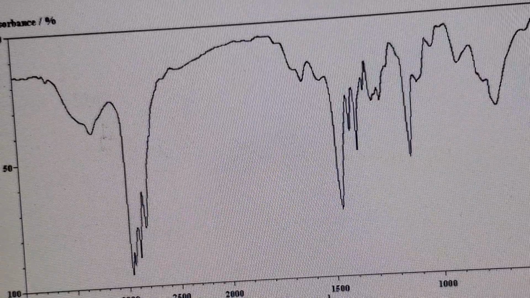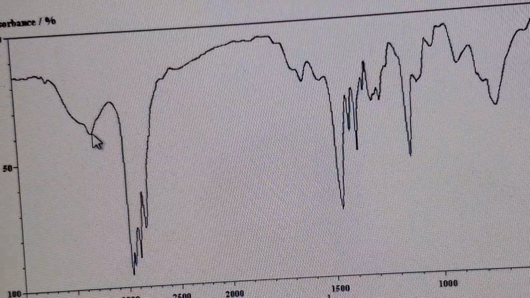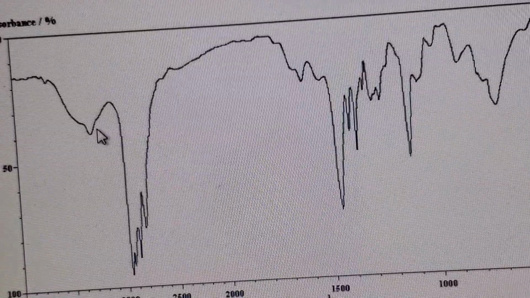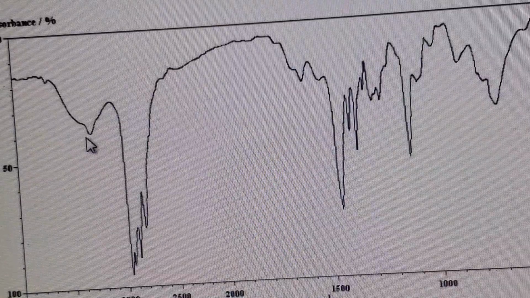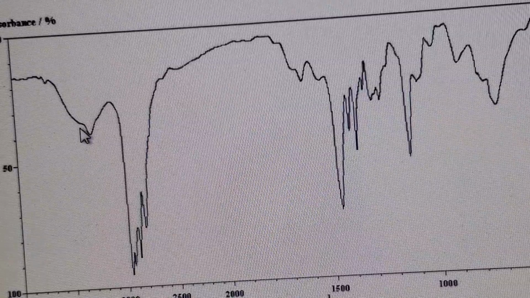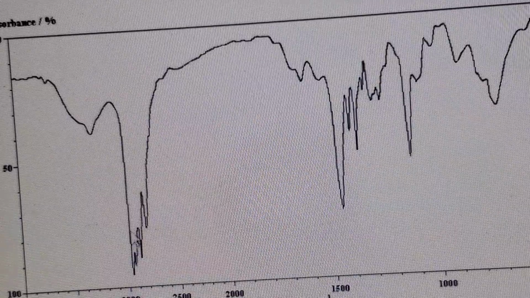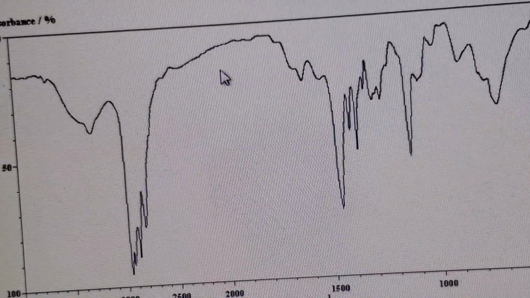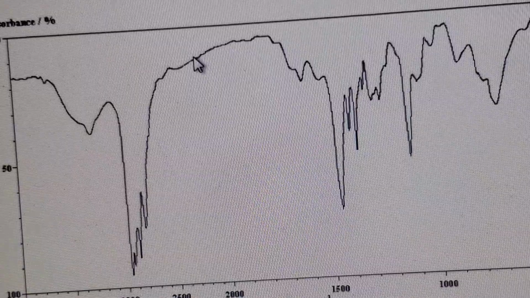So this is an amine. Is it a primary amine or a secondary amine? In my experience, to be a primary amine, you've got to have two exclusive peaks, and it doesn't look like it. So you might say this is a secondary amine with only one hydrogen, NH. Then no double or triple bond hydrogen, no alkyne or alkene hydrogen, that's what I meant. And also there's no alkyne triple bond at